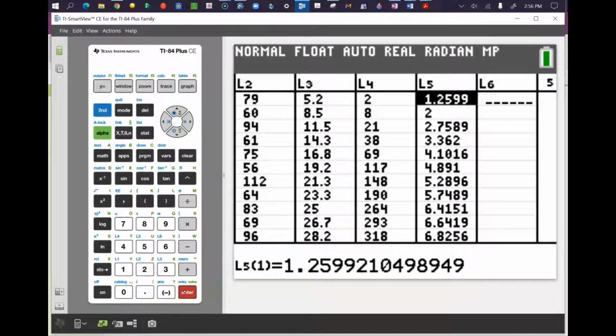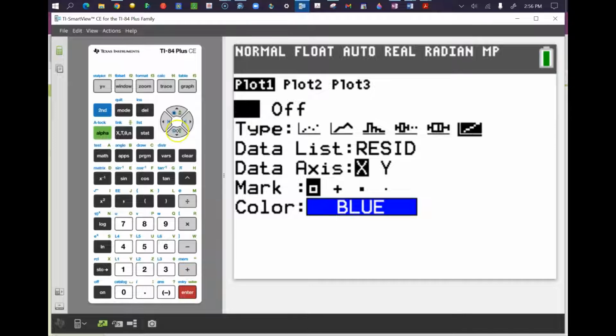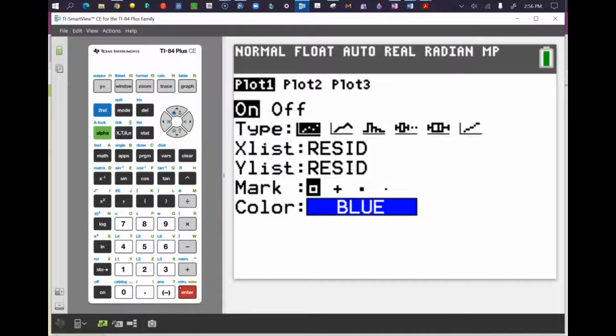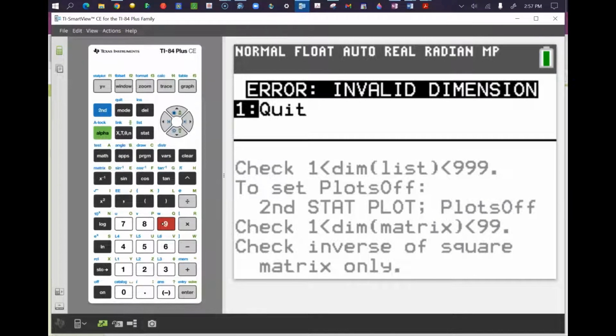And that generates the cube root of the weight for us. Now what we're going to do is plot on the x-axis the length, and on the y-axis the cube root of the weight, and see if that linearizes the data. So we go up to our scatter plot and make sure we've got a scatter plot turned on, and we make sure we pick the right lists. So for me, this would be list 4 and list 6, and then hit zoom 9, and oops, I have